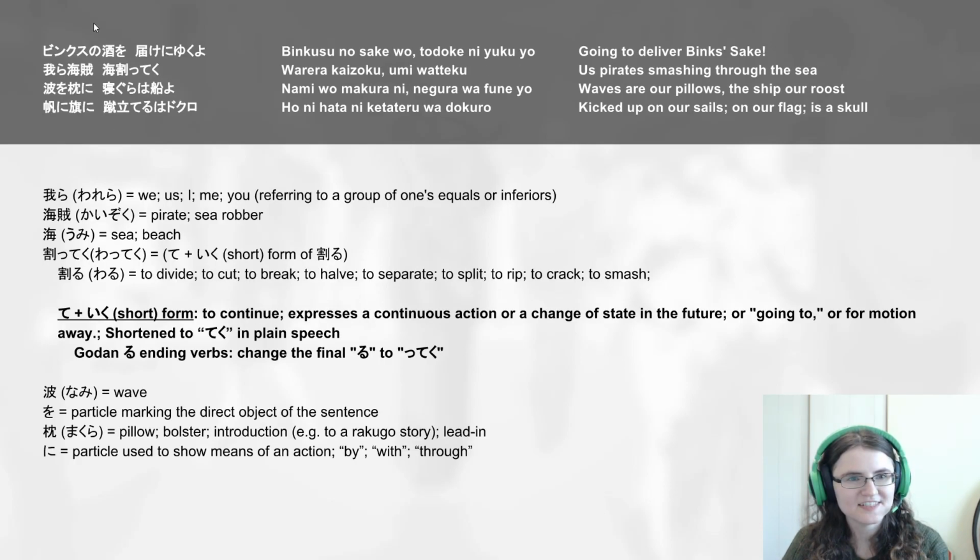We have more verses here. Oh no. I won't be doing this one again because we've already translated this, but it's Binksu no